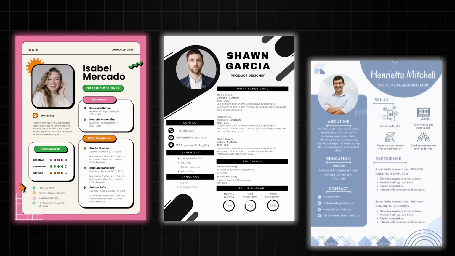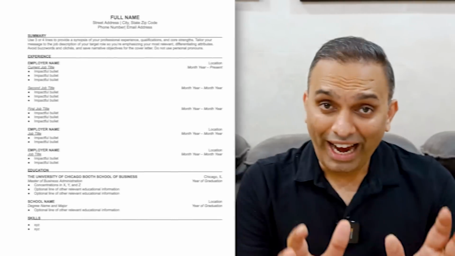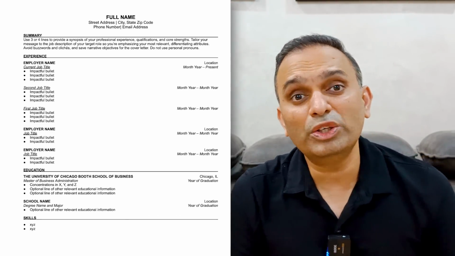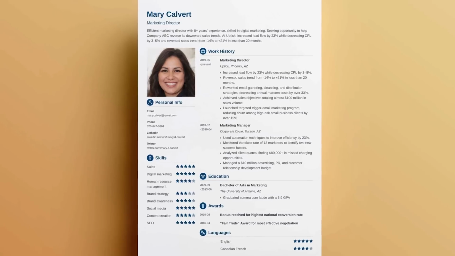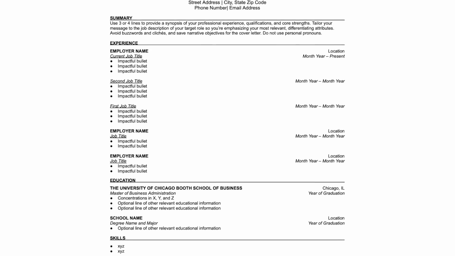If you are using some fancy format that recruiters are not used to, then it takes a lot of effort from their end to read through the resume and the first 5 to 7 seconds are just gone like that. So highly recommended, stick to that boring and the most widely used format. Now, if your university or college comes up with a recommendation and says that you need to have a photo on your resume, well, we have no option but to do that. Otherwise, stick to this boring format.